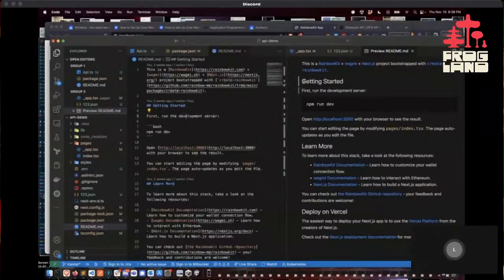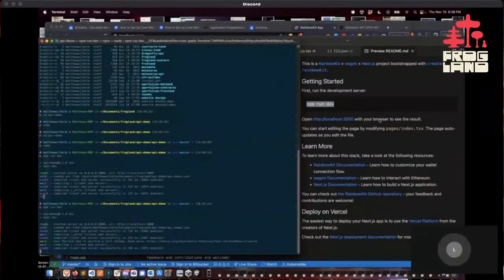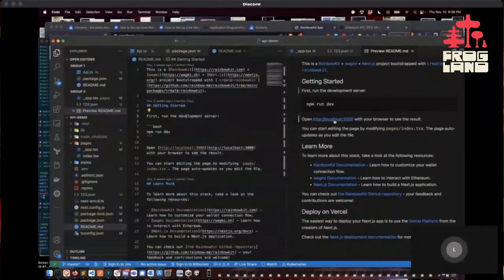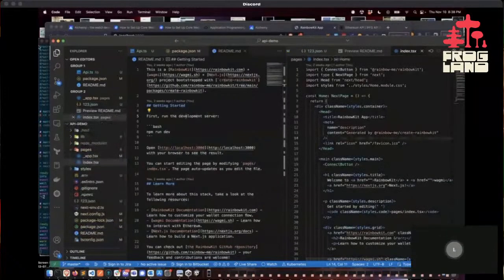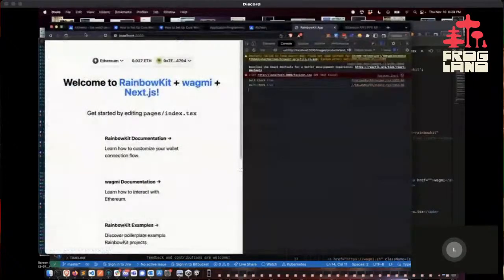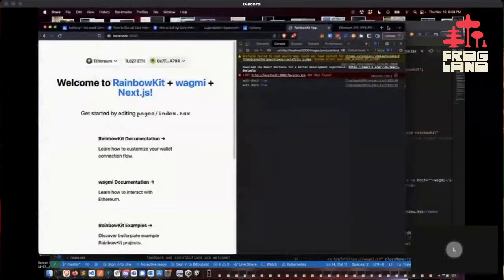So if I just pulled this down and said, okay, run npm run dev, and I did that, and now I've got a website going that says, go ahead and open this on localhost, and you can see it. And then I can start modifying the page by going to pages, index, and I can actually make modifications. So